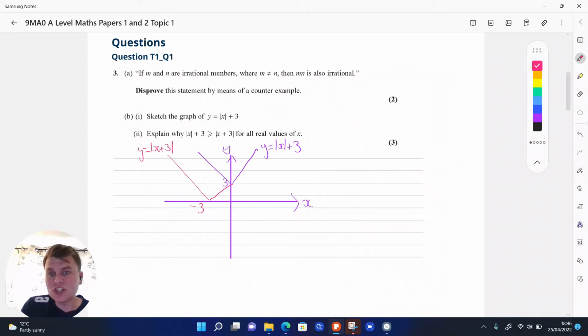Okay, and for this, you just say what you see. Because you can see here that the graph of y equals modulus of x plus 3 is always either the same, because it is the same here, or above the other graph. So if you just write a concluding statement,